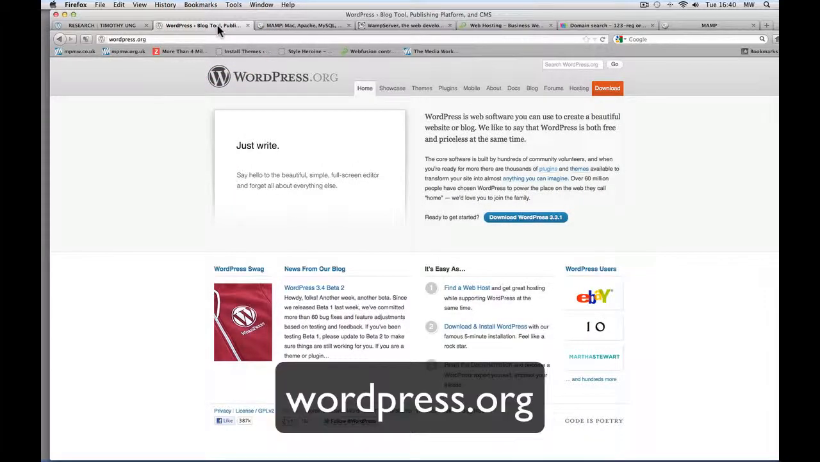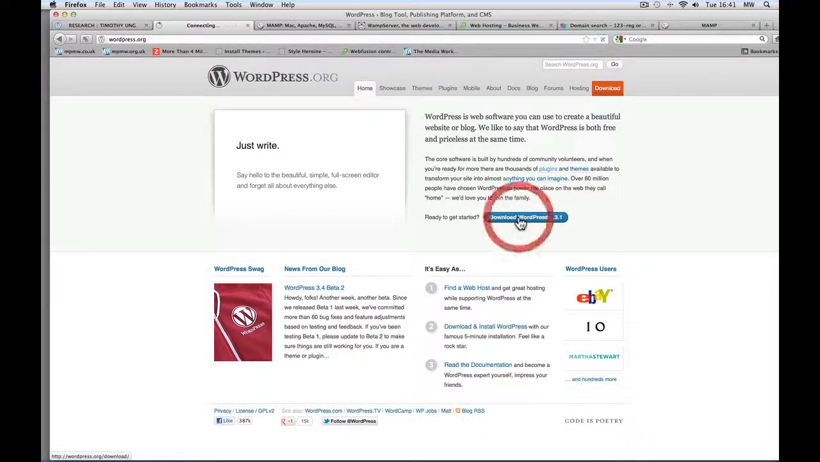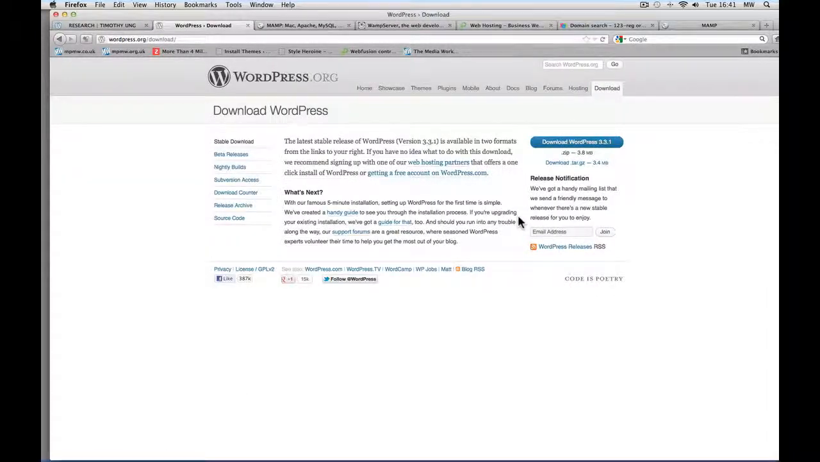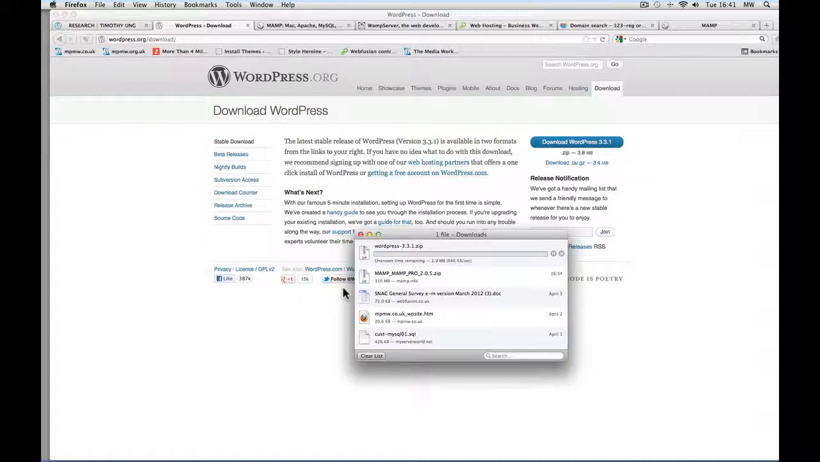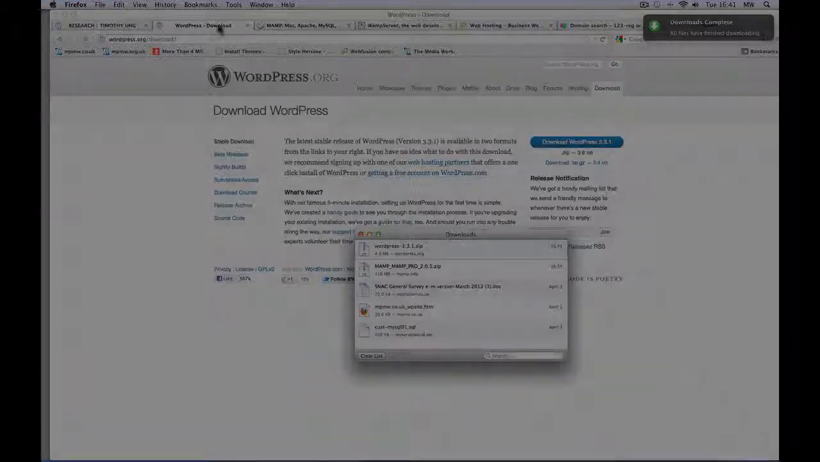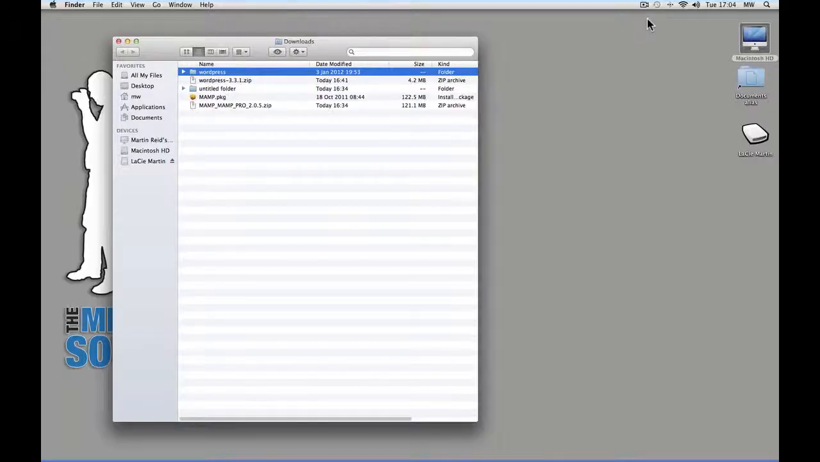the wordpress.org website and we need to download WordPress. So we click on the button to download and then we download the software to our computer. WordPress has now successfully downloaded, and as before you can see it's downloaded a zip folder and then automatically expanded